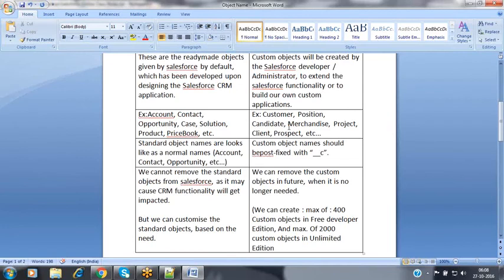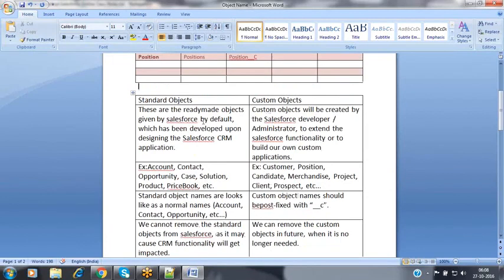But whenever you are creating custom objects, we have some limitations that we have already discussed: we can create a maximum of 400 custom objects in free developer edition, and a maximum of 2000 custom objects in unlimited edition. These are the limitations and differences between the standard object and a custom object.